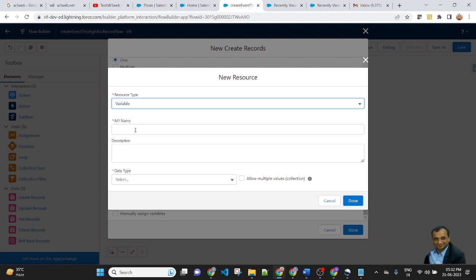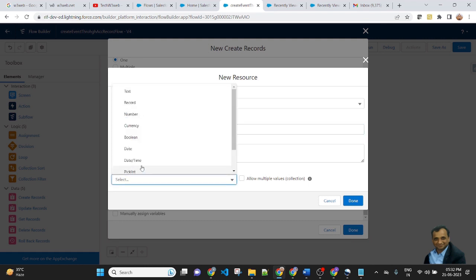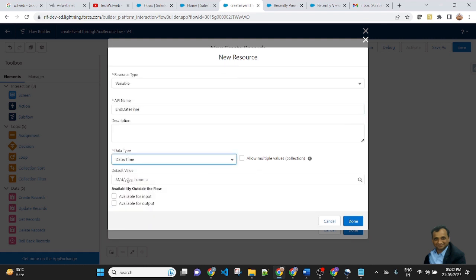So I am creating a variable with the API name end date time, data type date time, month, day, year 06, 21, 2023, comma, 6:30. The end date time will be a future date, so I will pass the date 28.